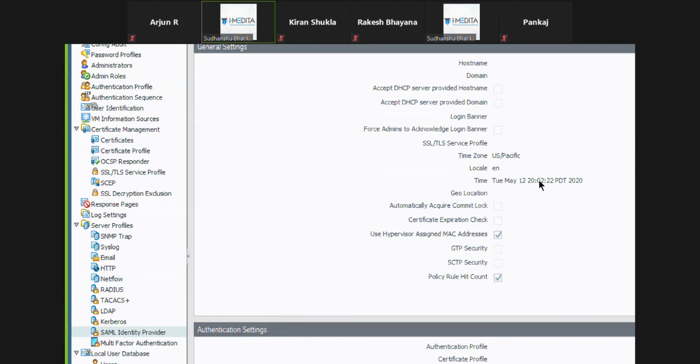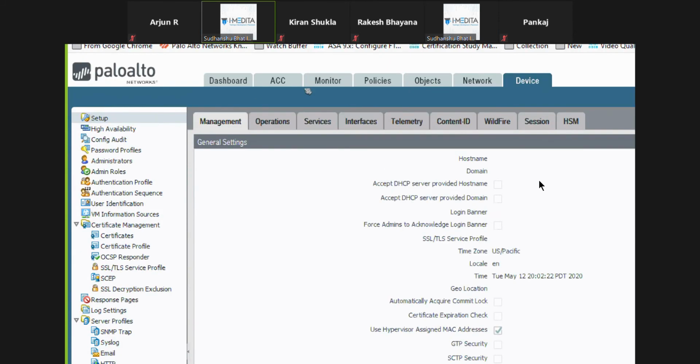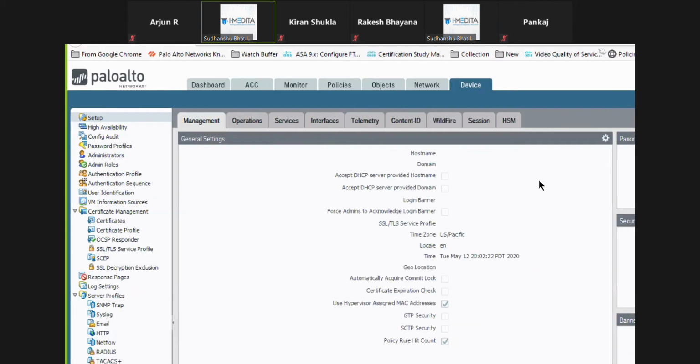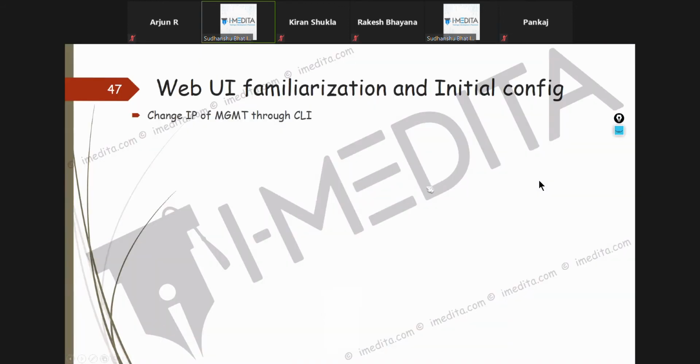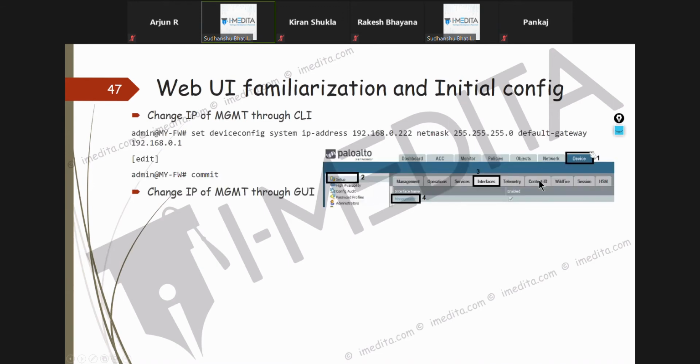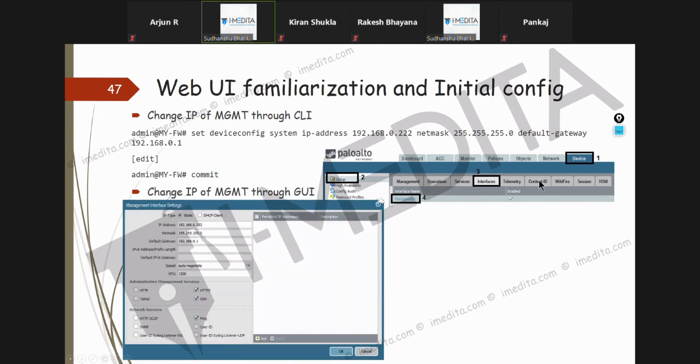In the device setup, these things we have tried to include in the lab workbook as well as in the notes handout: device setup, interfaces, management. How do you change the IP of management through GUI? This is the same thing I'm showing you. So even if you don't note it down, it's fine. You should be able to find it in the notes.